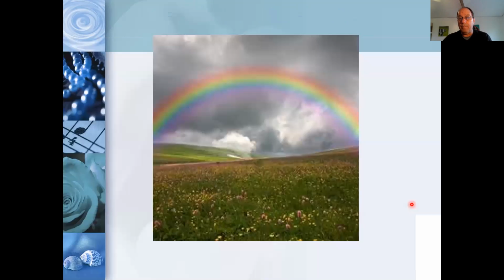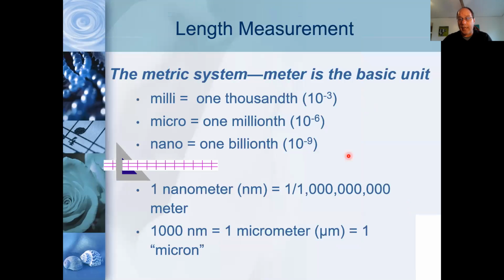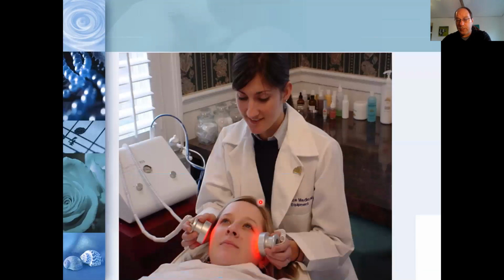So when we see a rainbow, it looks very familiar: red, orange, yellow, green, blue, indigo, and violet. And that's produced by the sun. But what we're doing is artificially manufacturing light and electromagnetic energy and measuring the peak of one bounce to the peak of another, and that's called a nanometer, and it's a billionth of a meter. All right, so let's go back